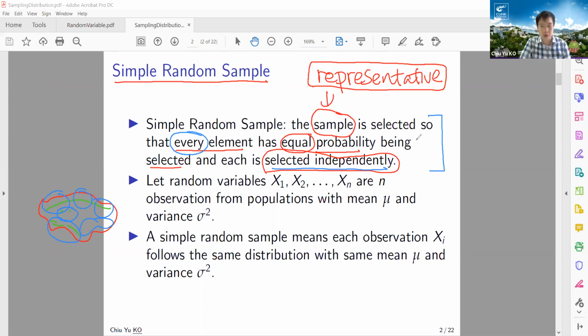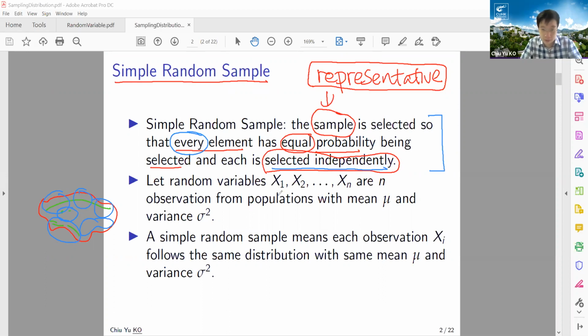Say for those who do an accounting major, when you do an audit, you go to a warehouse. Which warehouse to pick, which item to pick, you have to be careful. But with simple random sampling, regardless of what you do, you want to make sure every element will be selected equally likely. How it is selected, we would have to discuss a little further. But anyway, let's focus on the math. This is how the problem is selected in the real world, but let's understand how to do it